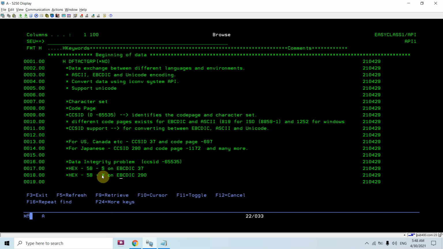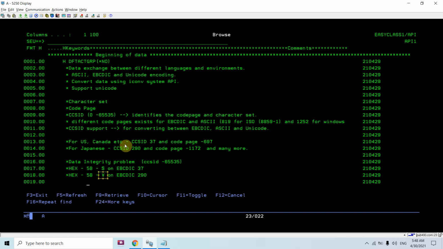What we are sending is 5B, which is the hex value for dollar on this machine, and since we receive the same thing without any conversion, on that language, that is the Japanese machine CCS ID 290, code page 1172, the 5B hex value is for this one.